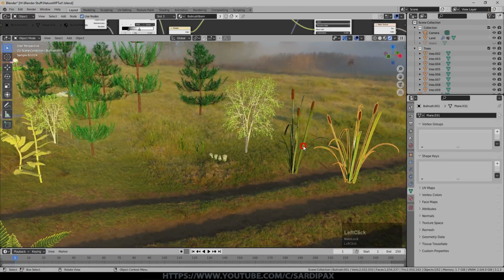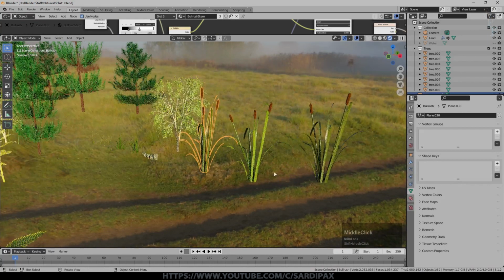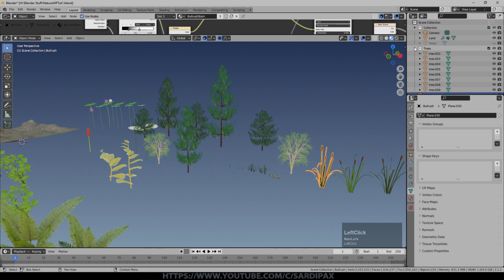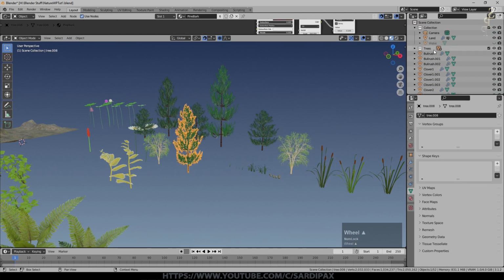And then finally I made some bulrushes. And you can see I went all over the place with my scale. It is easier if you keep them approximately the same sort of scale, but some of these were imported from other scenes that I'd created as well, so they tended to be various different sizes. So my trees have all come into one group, but some of the other things haven't.